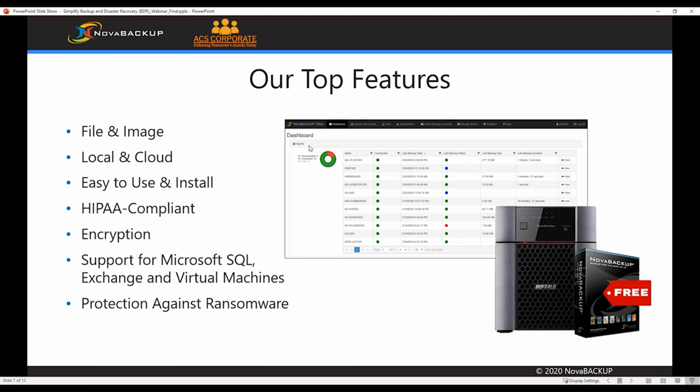environment. We go into some of these MSPs or partners that are using 3 or 4 different backup solutions. They might be using something for local backup, something for image backup, and then something for cloud backup. And in all reality, they can use just Nova Backup for all of that and be covered. Because Nova Backup can do file level backup, image level backup, local and cloud backup, has support for SQL, Exchange, virtual machines, that's VMware and Hyper-V,